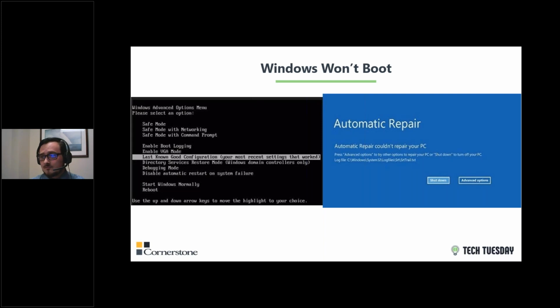The final program issue is the same one that I mentioned earlier. Going to that black screen, what'll happen if you go into a repair configuration. This is what it looks like if Windows won't boot. This is not really a great thing, and it means that something very bad has happened to the computer. Either you've had a program that completely shut down your computer, went into power save mode, or maybe your computer just has been having a bunch of issues. Those are the only times you should really see these two screens. And you could have also seen it if you unplugged your computer mid-operation.